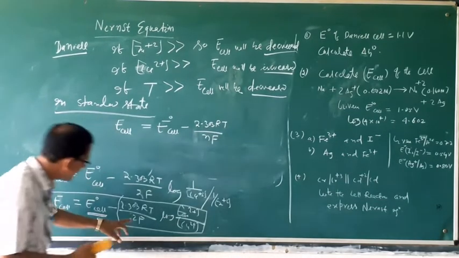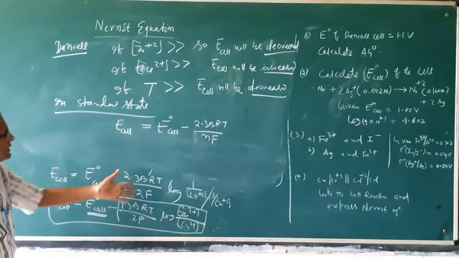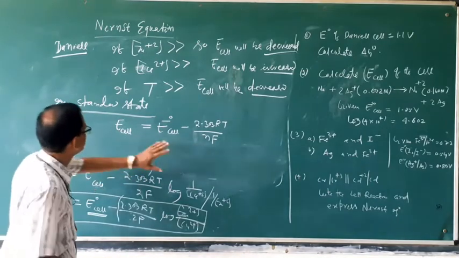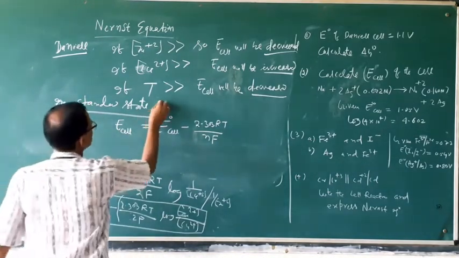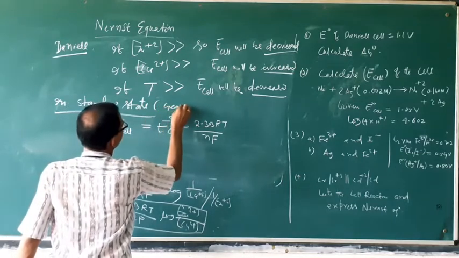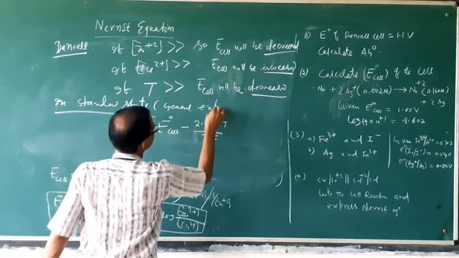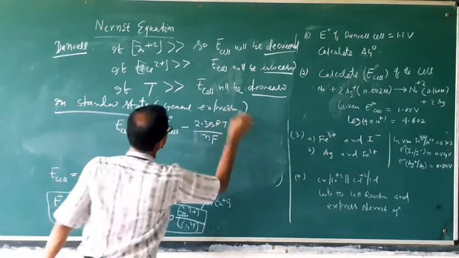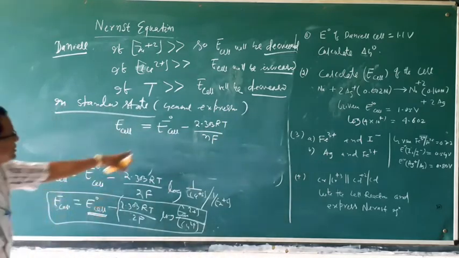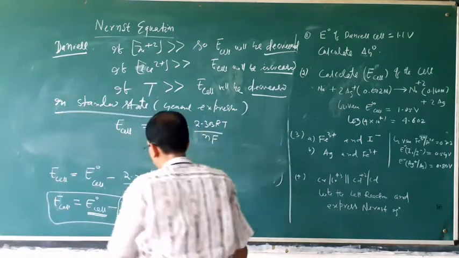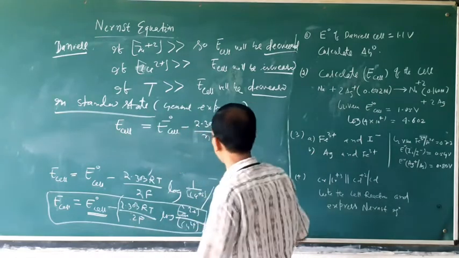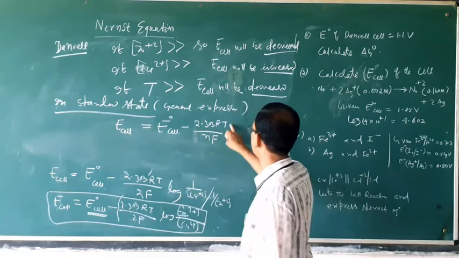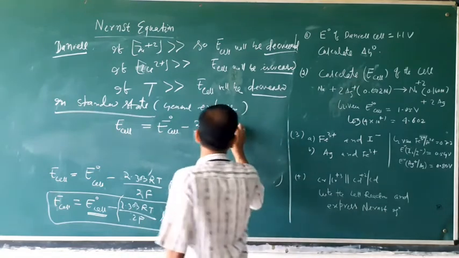Here n is 2, but for the general expression, E cell is equal to E naught cell minus 2.303 RT by nF, not 2. Here n may be 2, maybe 6, maybe 4, depends on the equation. 2.303 RT by nF log